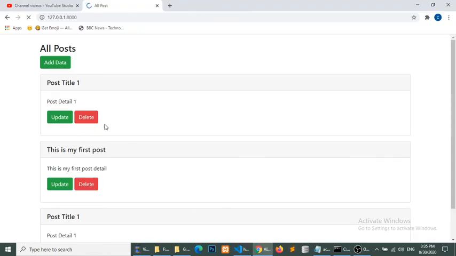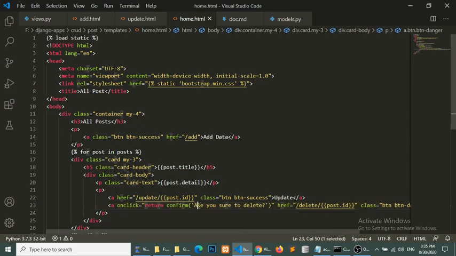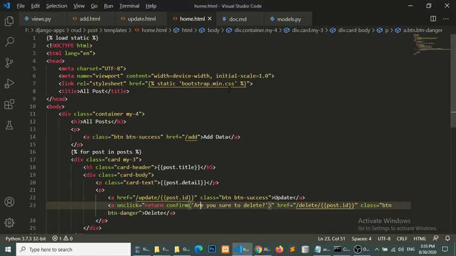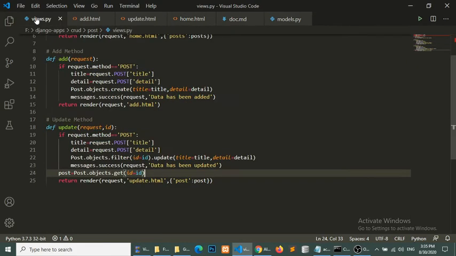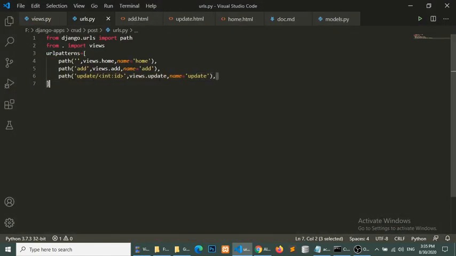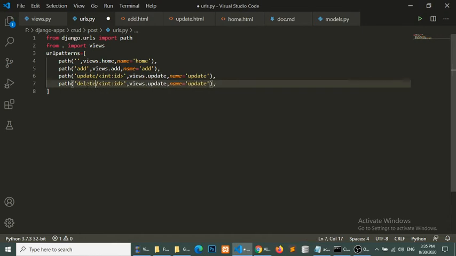So this will confirm that are you sure to delete. Yes. Now we will make the URL for this delete functionality as well as the view function for delete functionality. First of all, the URL, same as update, we will put delete, and our method will be delete